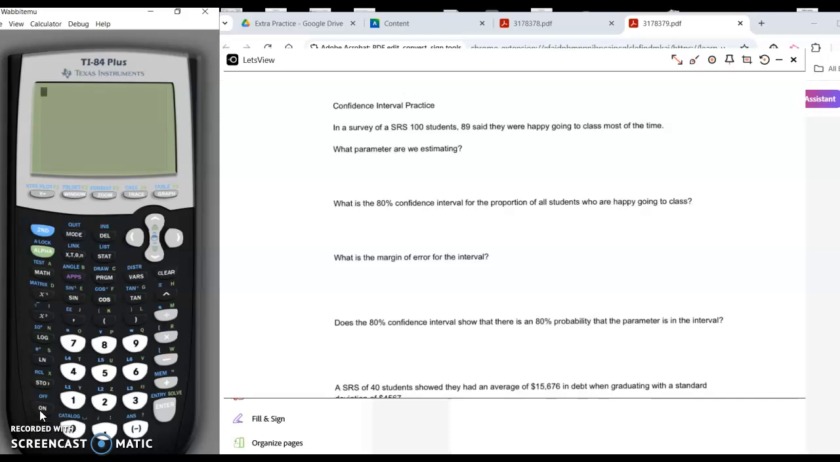So if you look at the first problem we have here, it says in a survey of a simple random sample of 100 students, 89 said they were happy going to class most of the time. So the big thing you have to figure out is, is this a mean or is this a proportion problem? And in this case, it's a proportion problem. Biggest way I know that is it doesn't say average, it doesn't say mean, and it says how many out of how many. So the parameter we're trying to figure out is the proportion, not of the 100 students, but the proportion of all students